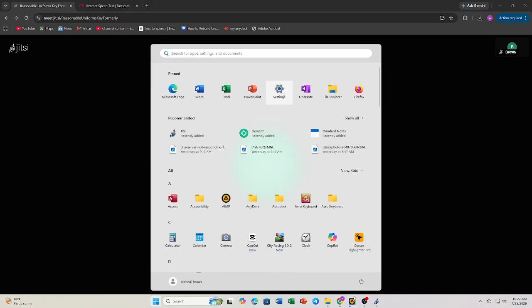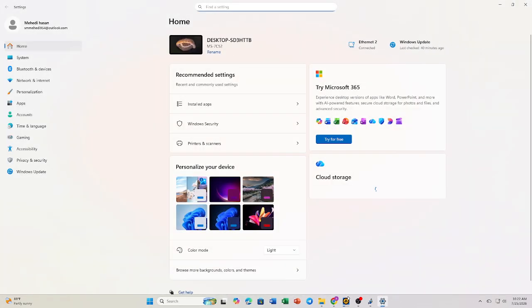Next, verify your camera permissions. If you're using Jitsi Meet in a web browser, click the lock or camera icon next to the website address and make sure camera access is set to allow. On Android, iPhone, or your computer, open your device's privacy settings and confirm that Jitsi Meet has permission to use